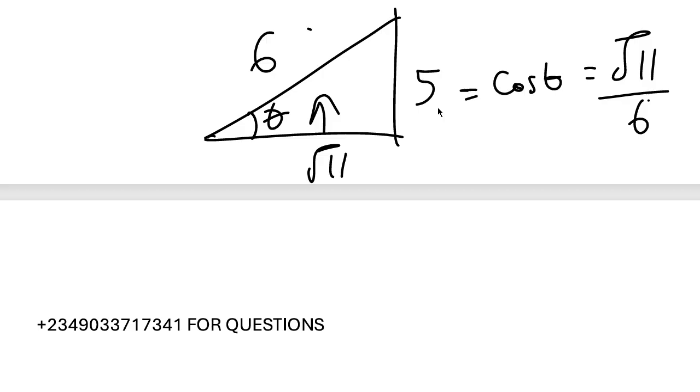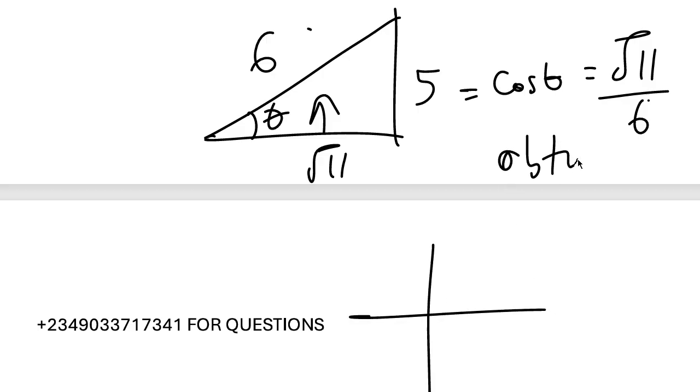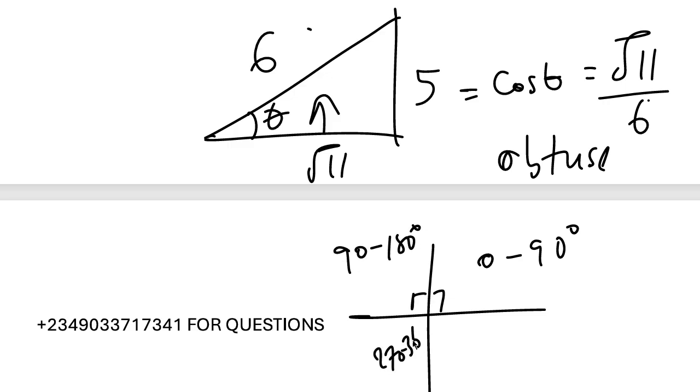Will it still be root 11 over 6? Based on what we have, since you are told x is obtuse, that means it's greater than 90 but less than 180. And remember we said from the first quadrant 0 to 90, 90 to 180, 270 to 360. So you can see that if it's obtuse, it lies within this quadrant. Are you following? So its sine is only positive in this region. So if it is obtuse, cos is going to be negative, because cos is only positive between 0 and 90